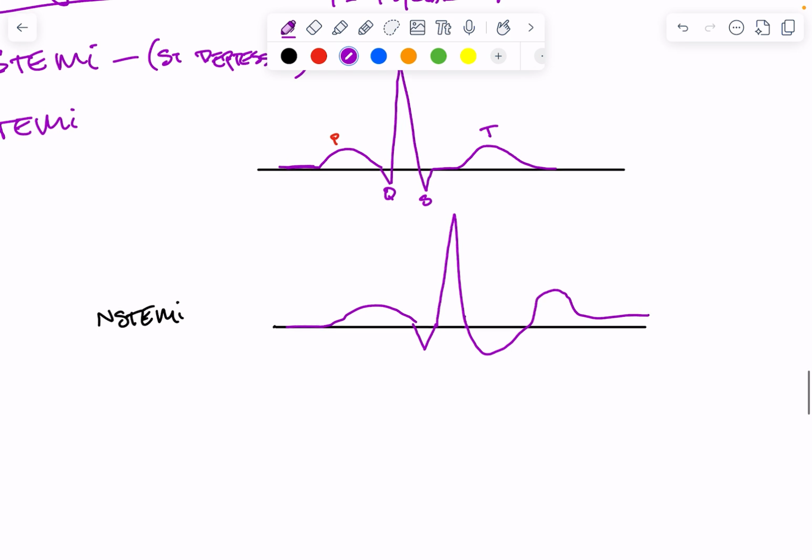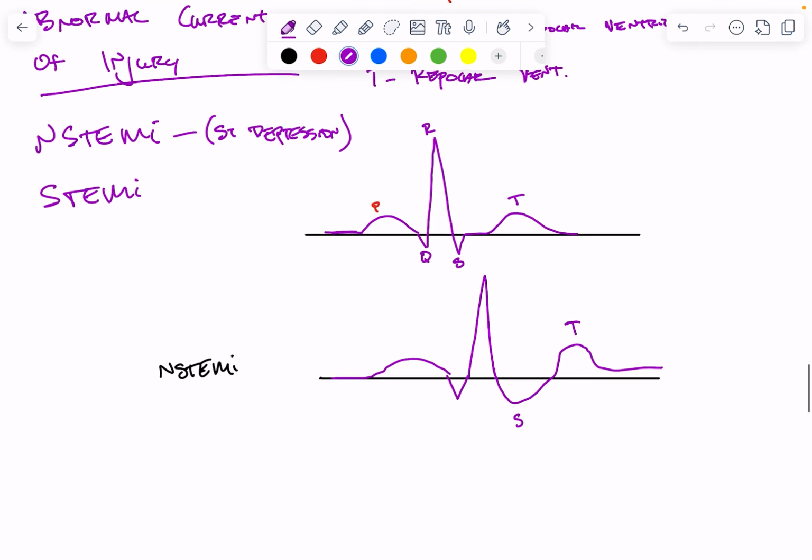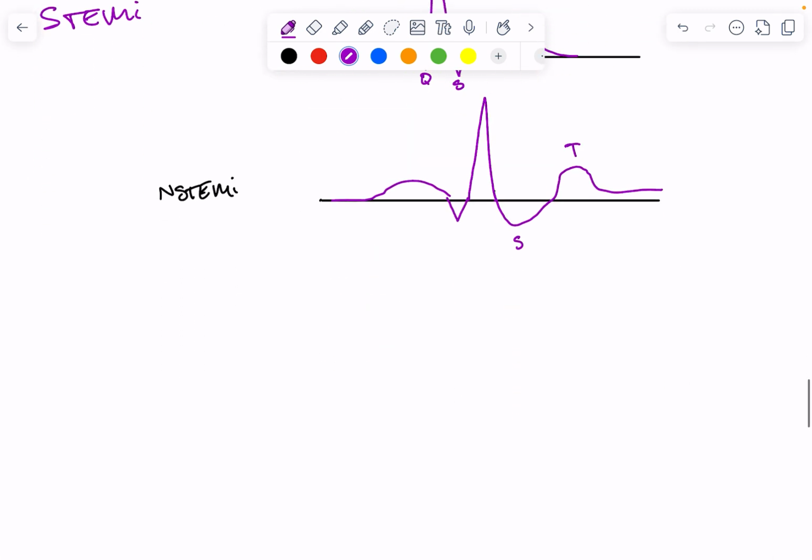So as you can see, this S wave is super depressed, and I'll explain kind of why that happens. So the reason the non-STEMI happens